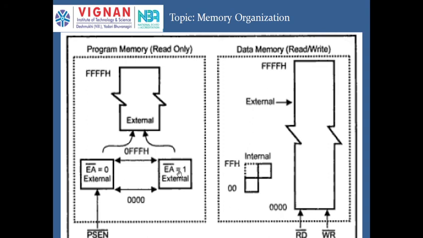or if you want to go for the complete 64 kilobytes as external, that is off-chip ROM, then we have to set the EA bar pin equal to 0, and also use PSEN bar, which is the 29th pin of the 8051 microcontroller, program store enable. By using this, we can access external 64 kilobytes of program memory. For data memory, that is RAM, 128 bytes are internal, whereas 64 kilobytes can be accessed externally using the RD bar and WR bar pins.